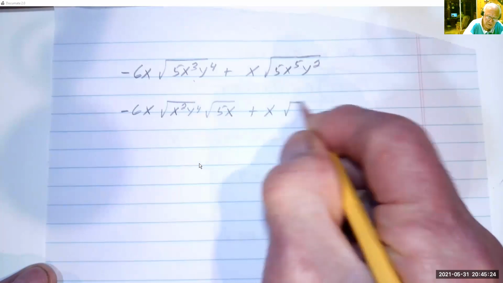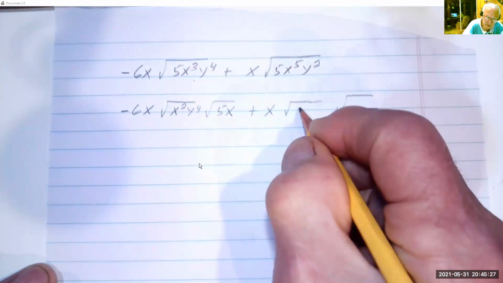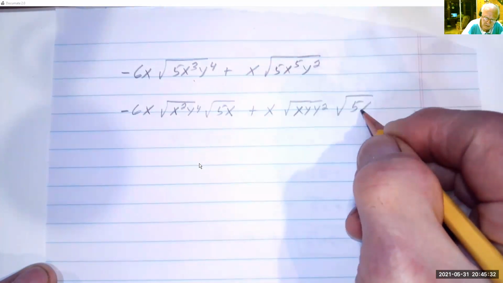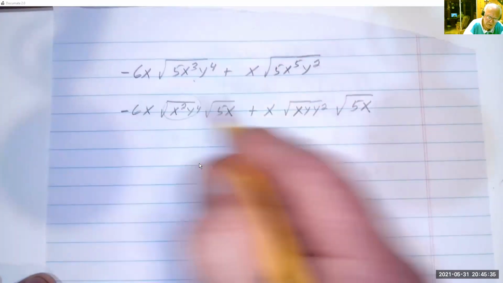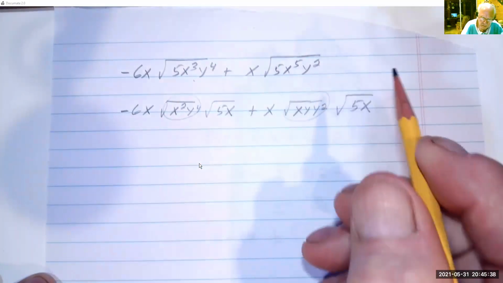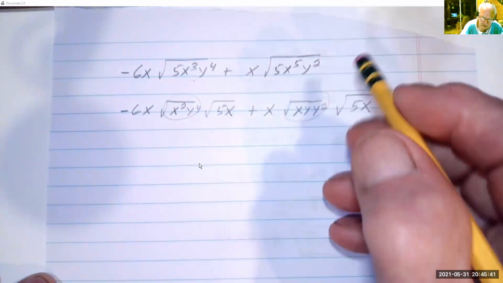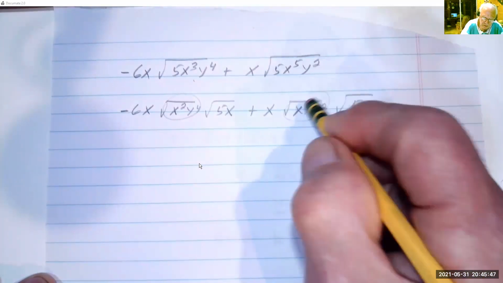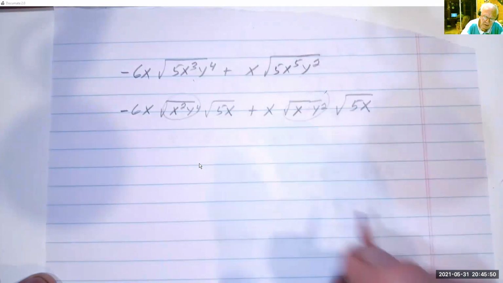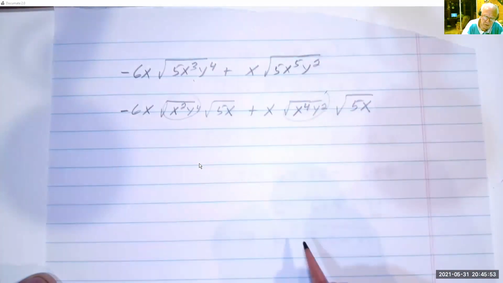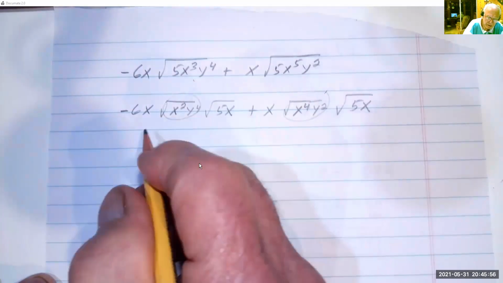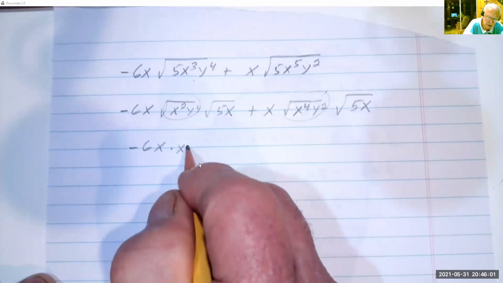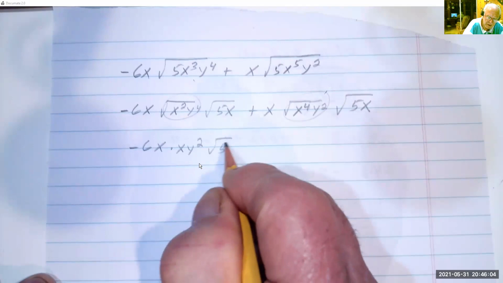Plus x, separate the radical. We're going to have x to the 4th y squared, and then we're left with radical 5x. Take the square root of what we can, and I'm seeing a little bit of a mistake here. Let me erase that. It's x to the 4th y squared. I'm sorry, I can't read my writing. Okay, so we have minus 6x. The square root of x squared y to the 4th is xy squared times the radical 5x